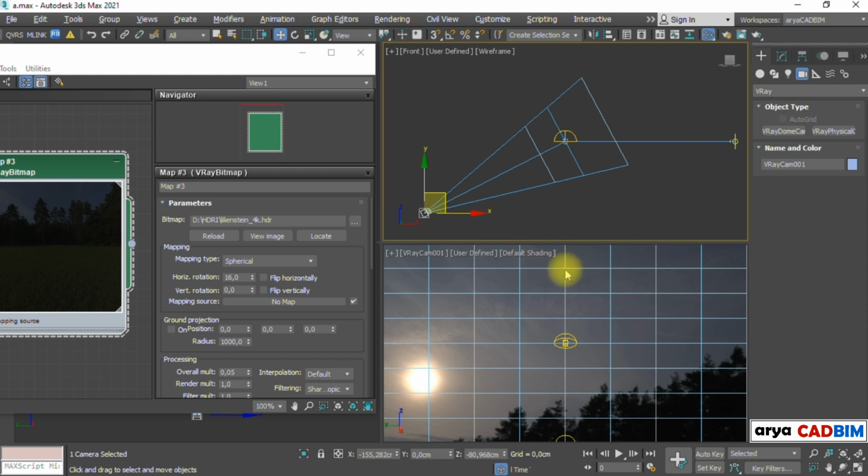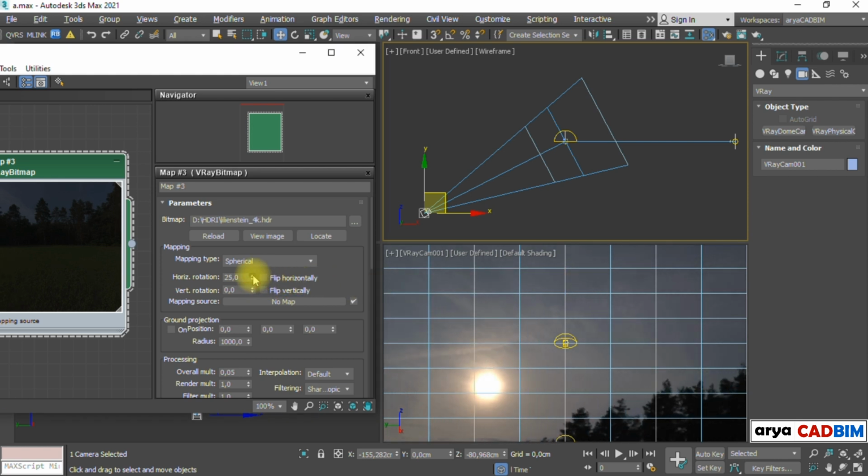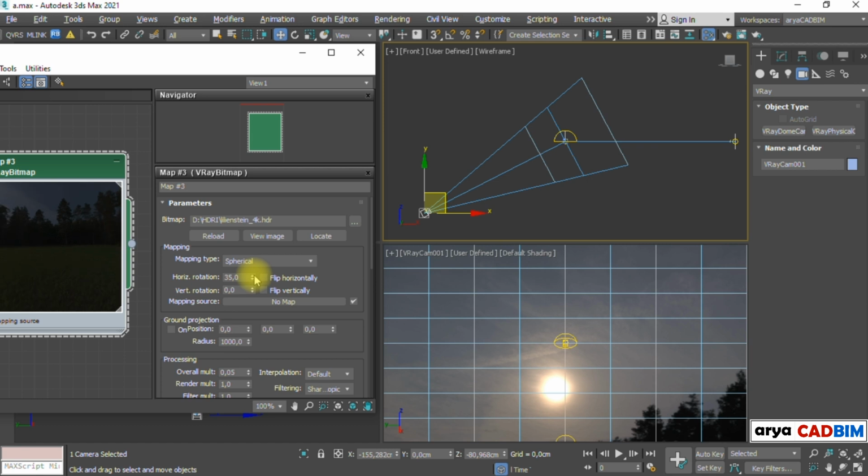I need to center the sun to this vertical line in the middle because it corresponds to x-axis. Okay, perfect.